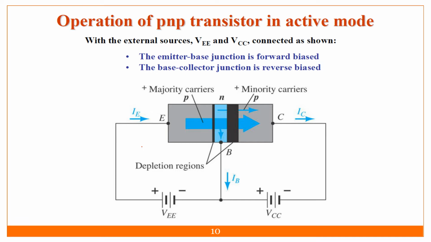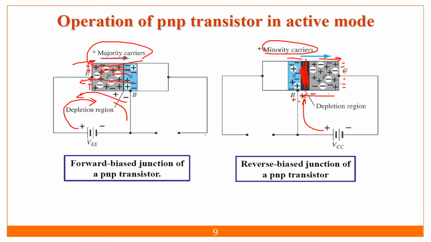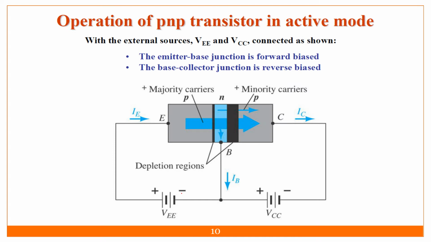Overall I have connected. Normally if you are denoted with this, you have observed a single mode of operation, that is nothing but forward bias and reverse bias, but we are connecting both supplies simultaneously. That is, this junction is forward biased, and these two junctions are in reverse bias. So how are they contributing the current? We know that the emitter base junction is always forward biased, and the base collector junction is reverse biased.